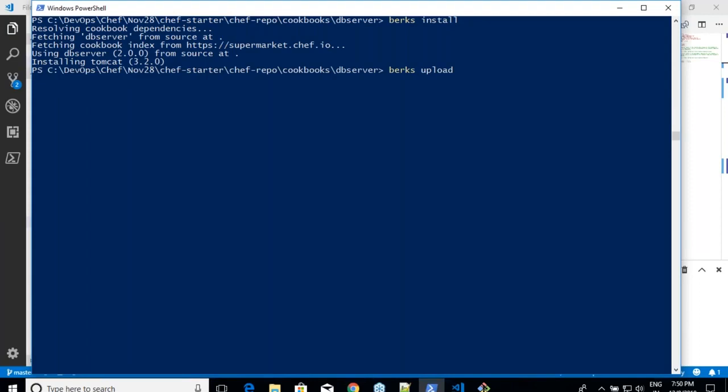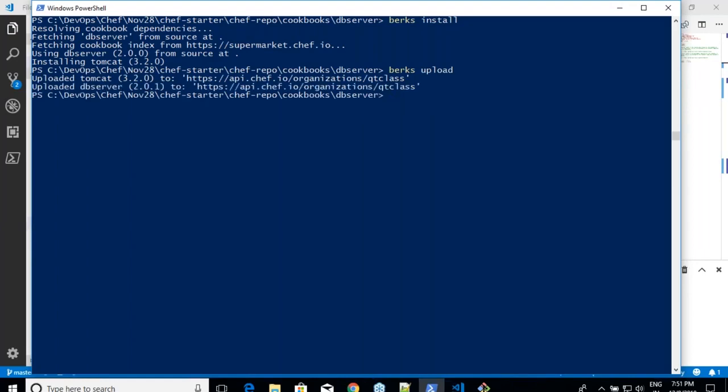We still have not seen how to install Tomcat, but we have seen how to add the dependency and how to upload dependencies. Yes or no? Yes. So finding something from the cookbook, and if you know that it is the right cookbook, how do you include it in your cookbook? Are we clear on that? You see it is uploading Tomcat. If you use knife cookbook upload, these things don't happen. You have to upload them separately, and you have to upload Tomcat, which is nonsense. That's the whole reason why you use Berkshelf, right?